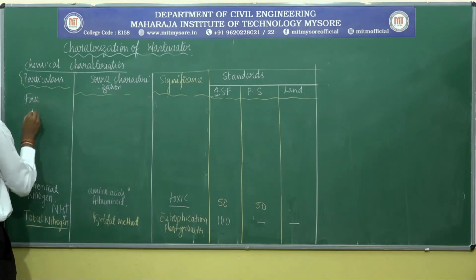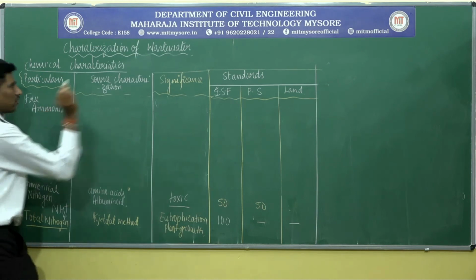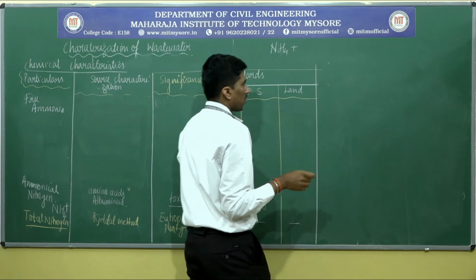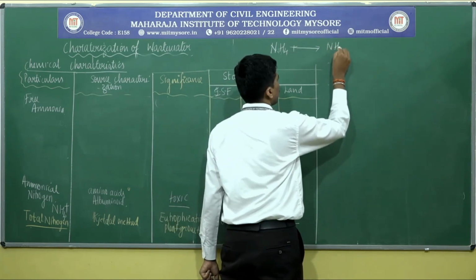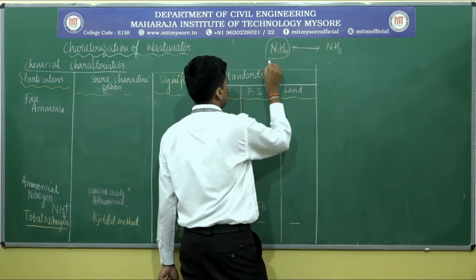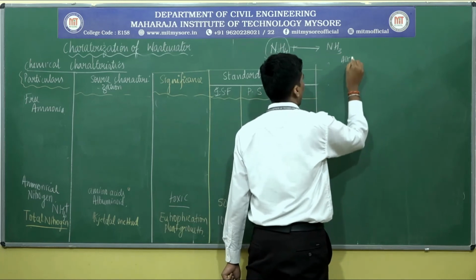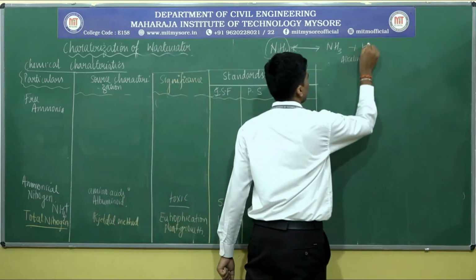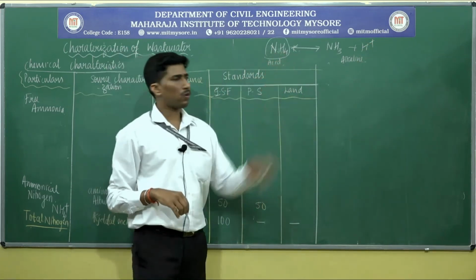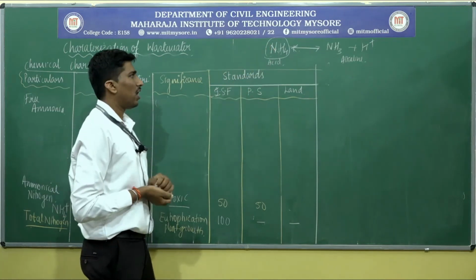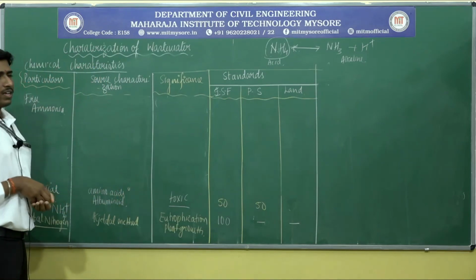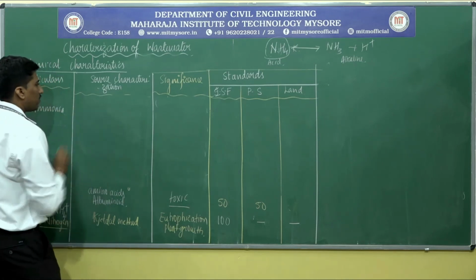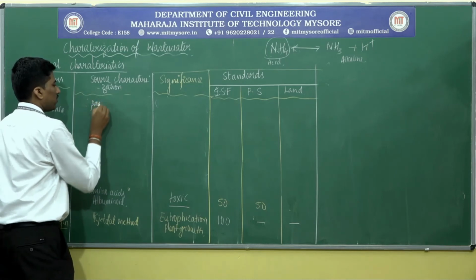Next, free ammonia. If you observe the equation NH4, it tends to give the formation of NH3, mainly if it is in the acidic range. If it reaches the alkaline range, there is some set of variations here, in combination with the water. I am just giving an example, not a complete equation. In the alkaline condition, it is in the formation of the free ammonia, that albuminoid or any other things is being converted. So this free ammonia is not completely converted, so it is a partially converted